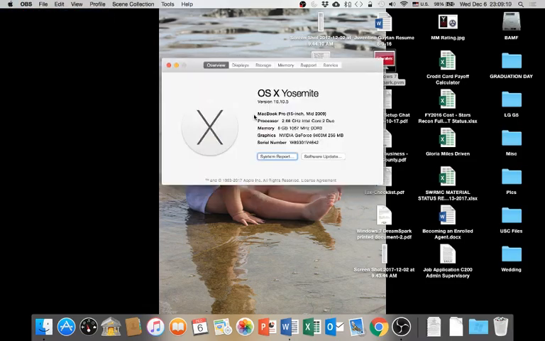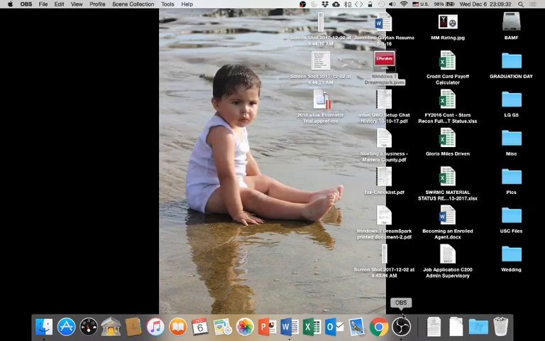Mac, I'm currently running OS 10 Yosemite. That's the highest that this MacBook will go. I purchased it in 2009. It's got a 2.66 gigahertz Intel Core 2 Duo processor, so it's nothing fancy, but it gets the job done. So I'm going to go ahead and